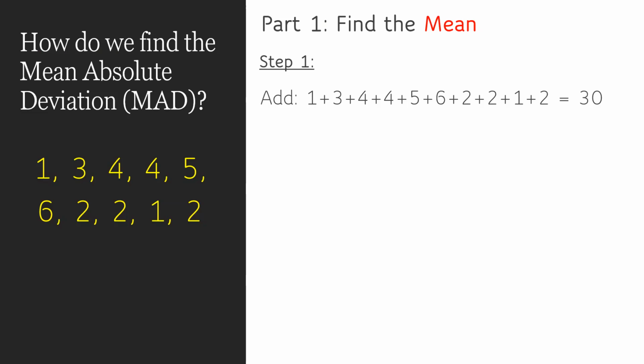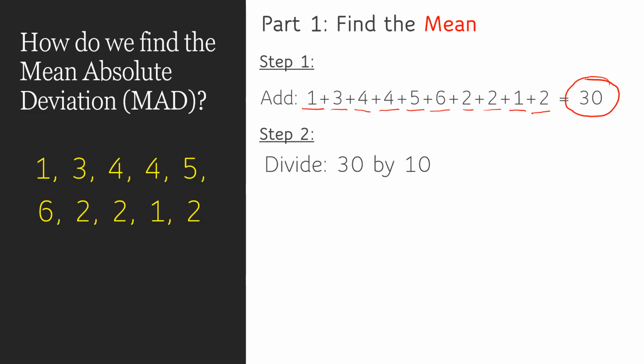Two easy steps. First of all, I add all of my numbers together, which again would be 1 plus 3 plus 4 plus 4 plus 5 plus 6 plus 2 plus 2 plus 1 plus 2, which gives me my answer of 30. The second step to finding my mean is taking that 30 and dividing it by